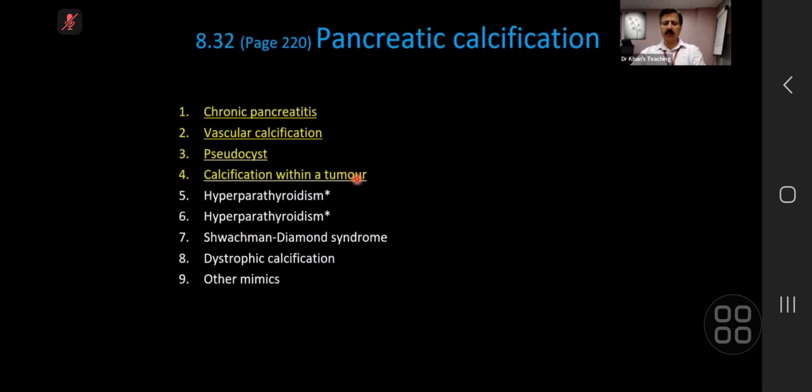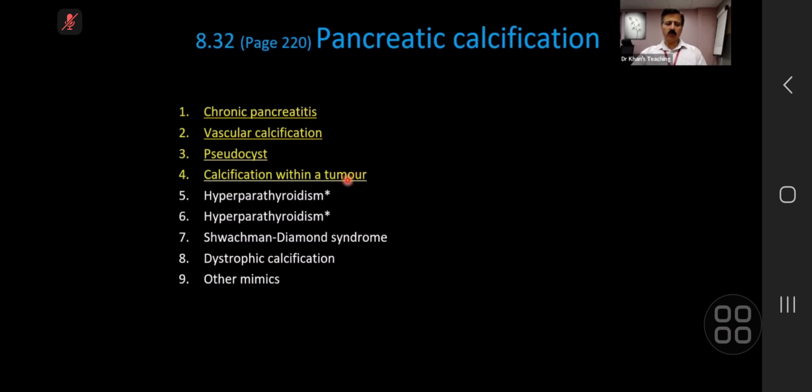For example, adenocarcinoma of the pancreas, which is the most common pancreatic tumor, is unusual to have calcification unless there is chronic pancreatitis. So that's a nightmare scenario. Please remember that pancreatic adenocarcinoma is prone to develop in chronic pancreatitis, but